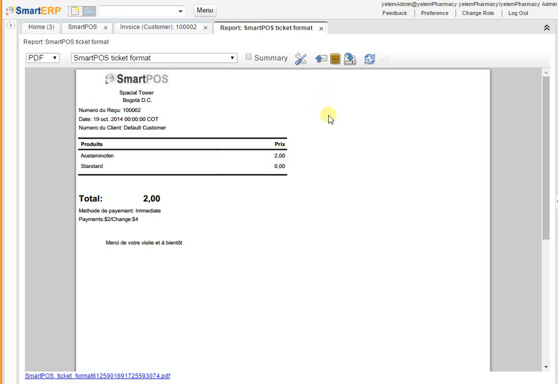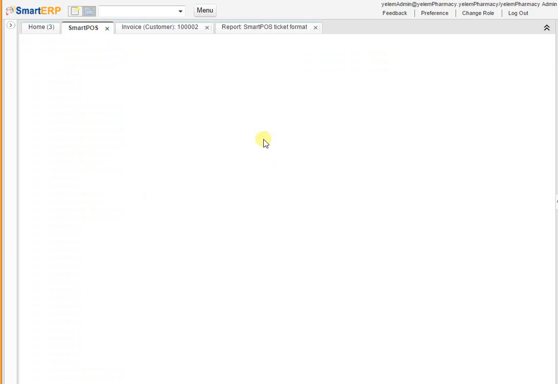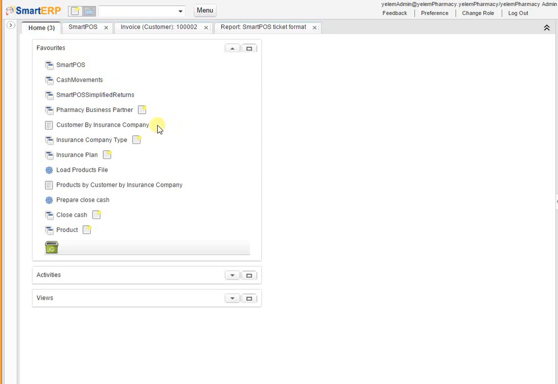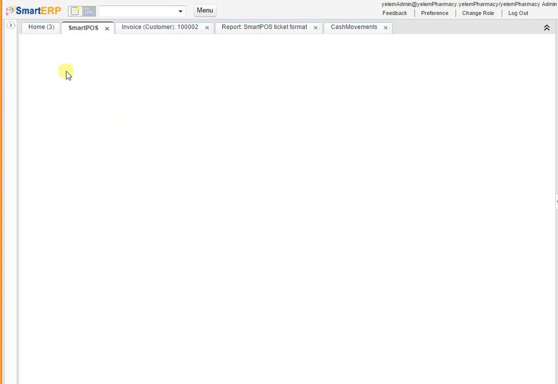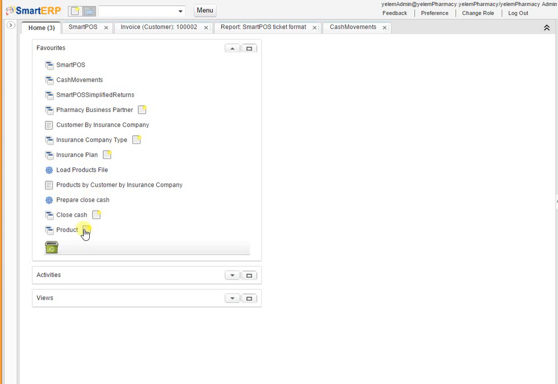We are working on a lot of additional stuff, so let's just review some of the main features. Something additional that you will be getting. So you have control for cash movements really quick, so you can enter money to your cashier, and you can get the control about what is going in and what is going out of your cash during the day. You can also get reports for closed cash, something like this,